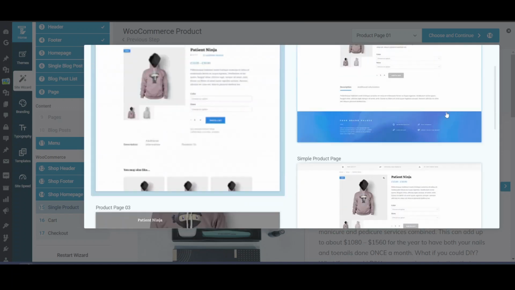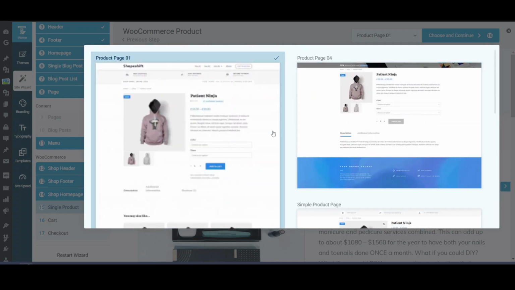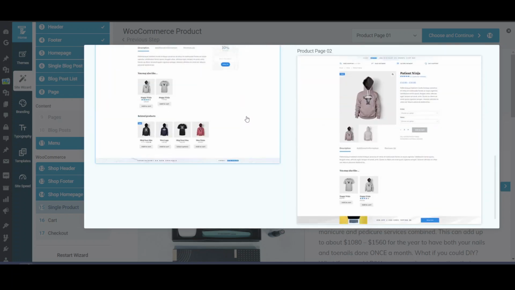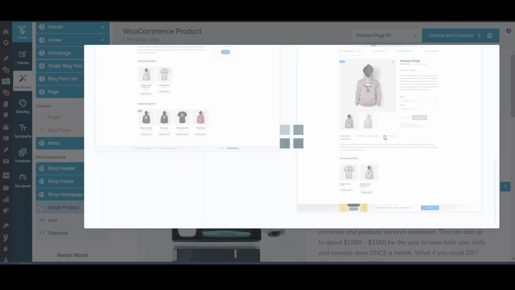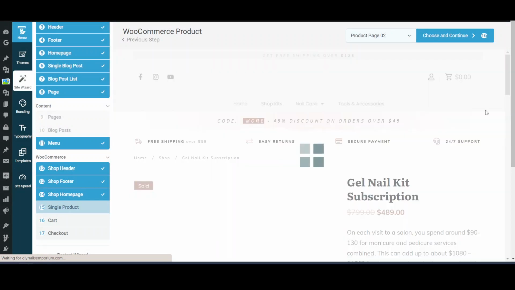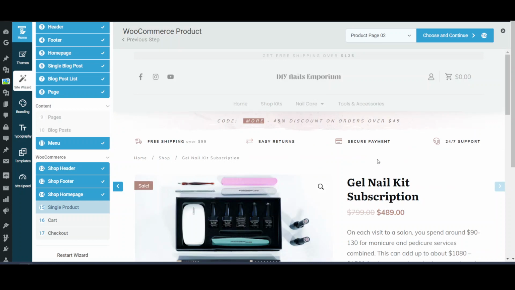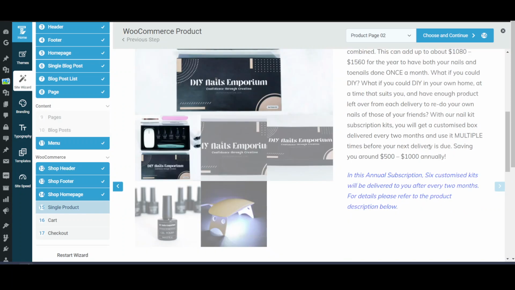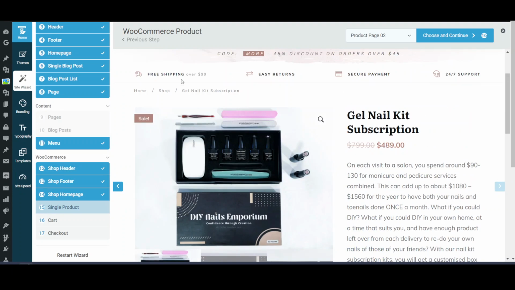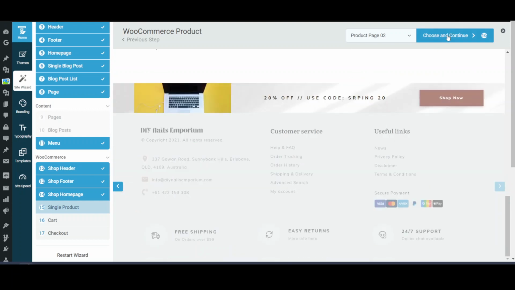So see, we are having two major options here. I think this is more clean. Let's try using this one instead. Okay, so you can display the code also here, and the product is there, your proper icons are there on the top. You can shift those icons to the bottom also. There is a bar here also, a call to action bar, and I think this looks good.